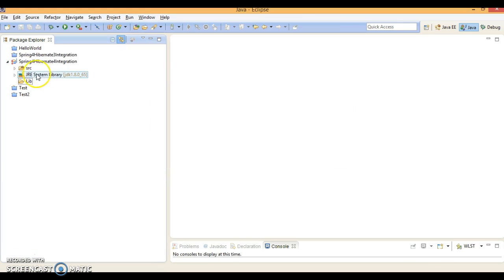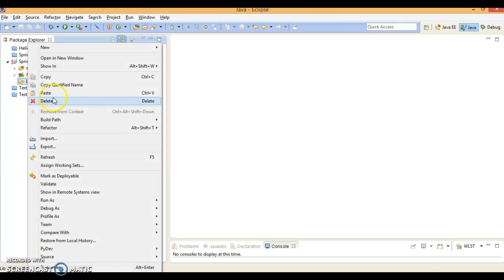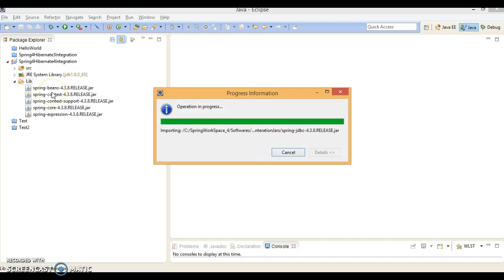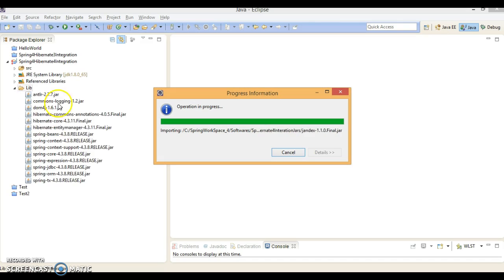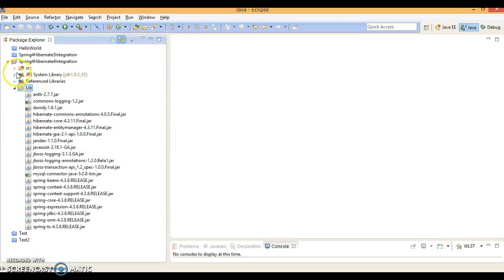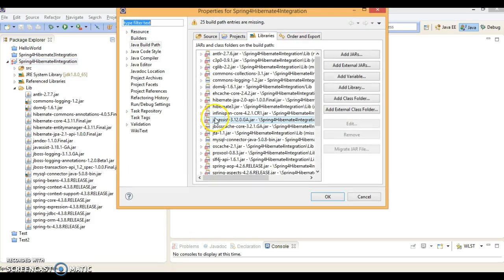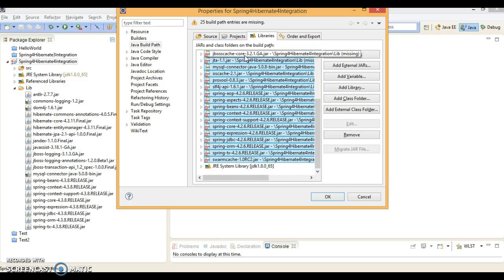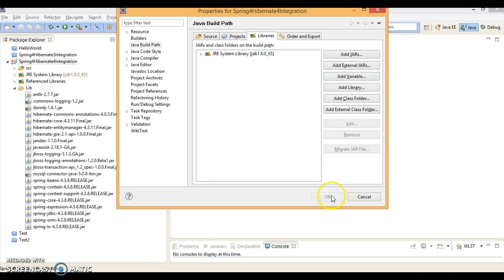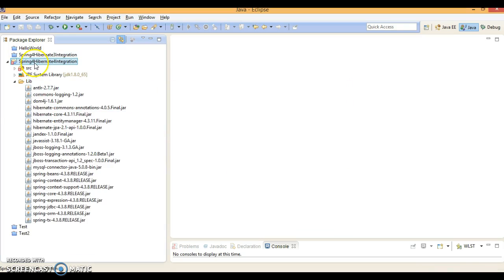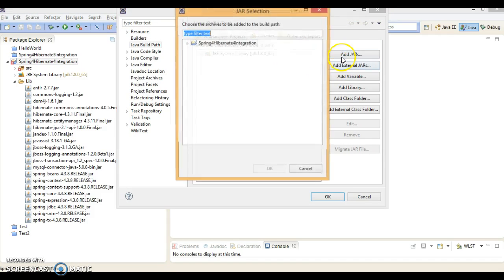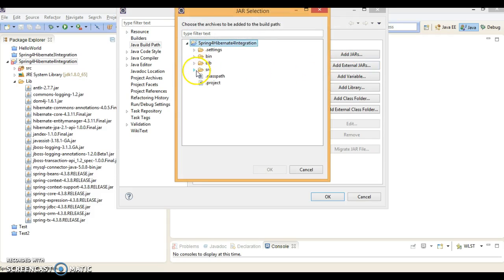I'm deleting from the lib folder and will copy all the jars over here. Now go to the build path, remove these jars from the class path, and after removing we need to add the latest jars which are available in the lib folder.